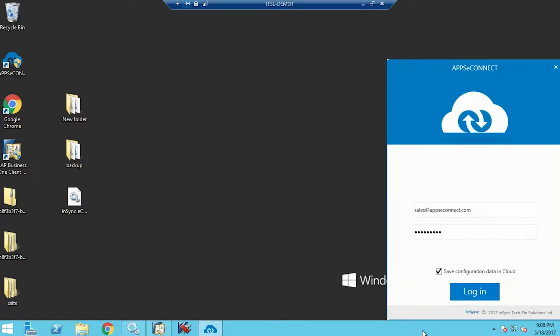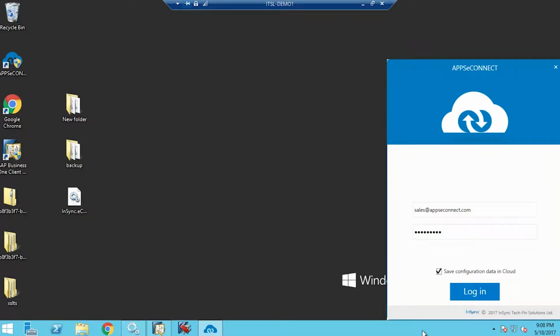Now, our connector has two components. One is the cloud platform of APPSeCONNECT and another is the APPSeCONNECT agent. Also, we call our connector a complete hybrid integration solution. It is an iPaaS platform, or iPaaS solution. It provides the complete advantages of the cloud solution and on-premises solution and makes your business data